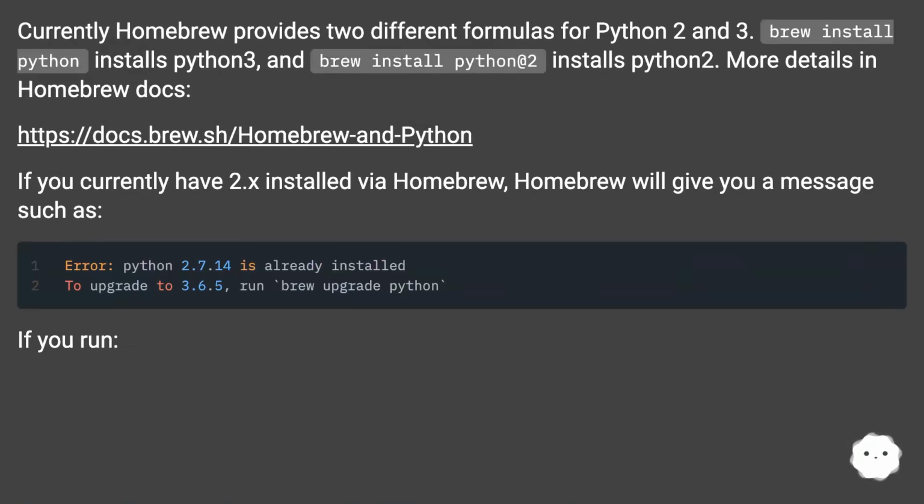Currently, Homebrew provides 2 different formulas for Python 2 and 3. brew install python installs Python 3, and brew install python@2 installs Python 2. More details in the Homebrew docs at this URL. If you currently have 2.x installed via Homebrew, Homebrew will give you a message such as,